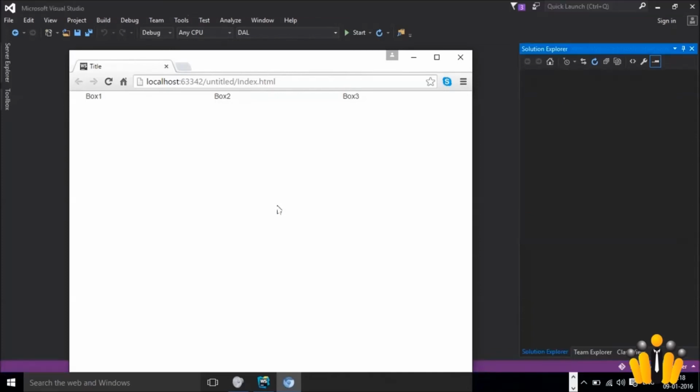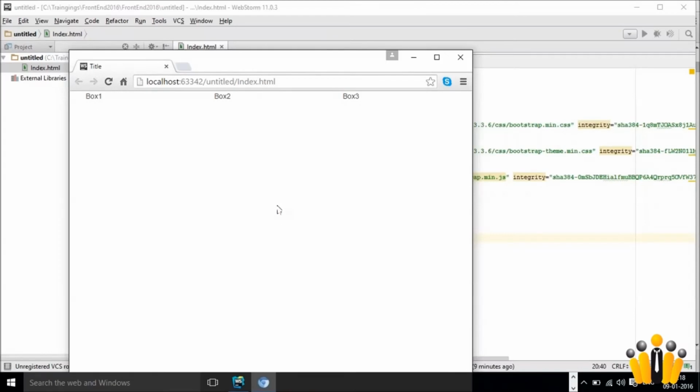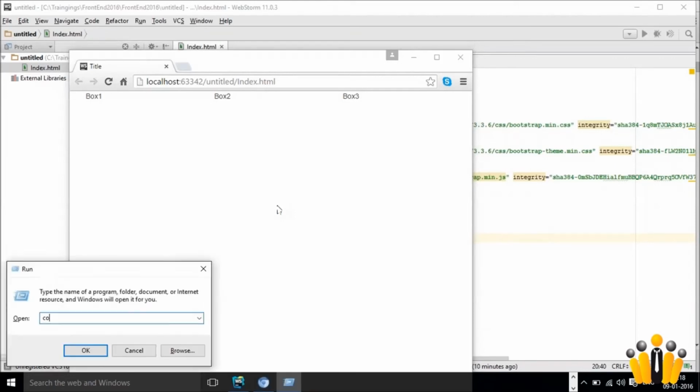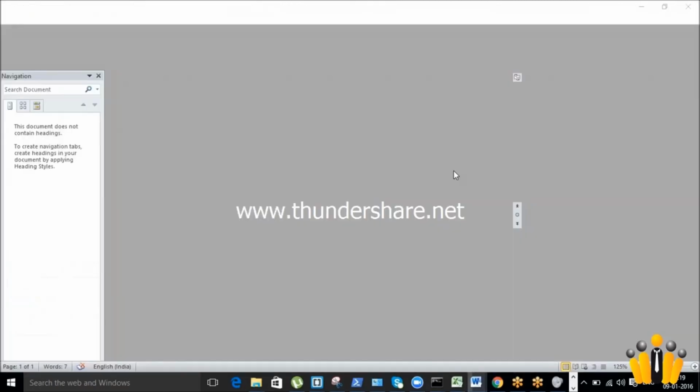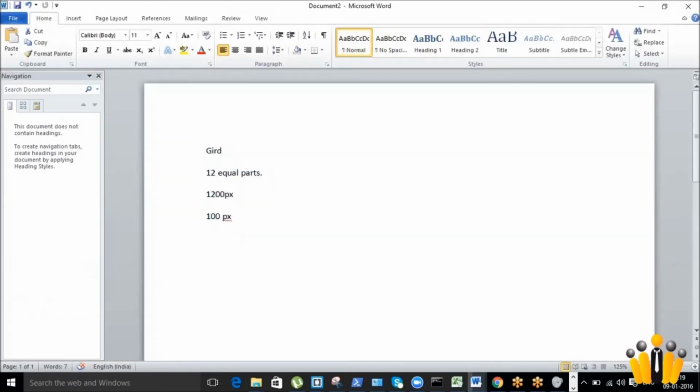There are around 4 things: extra small, small, medium and large. Here in the Twitter Bootstrap, you have the pieces like this. Whenever you are dealing with the Twitter Bootstrap, you need to divide based on the targeted browser. You just need to convert it into col-xs, which stands for the